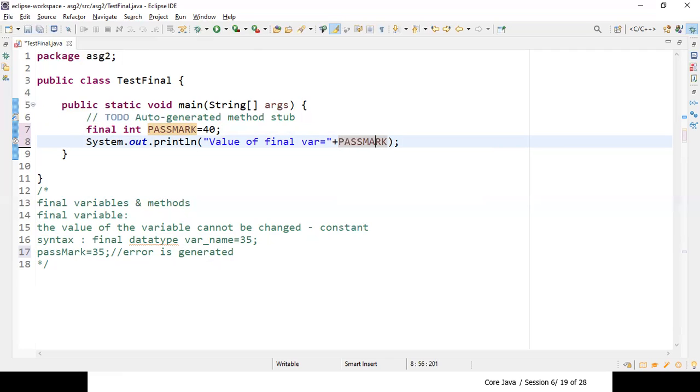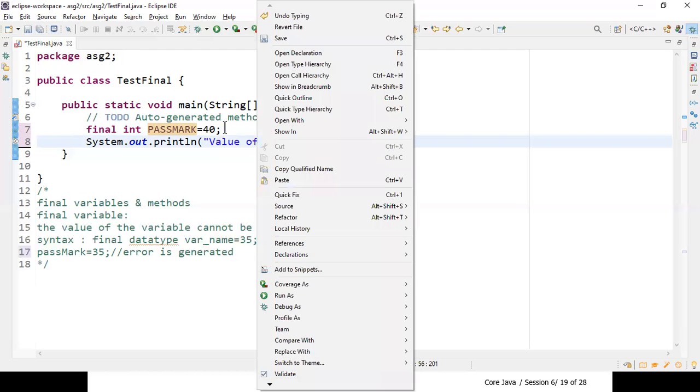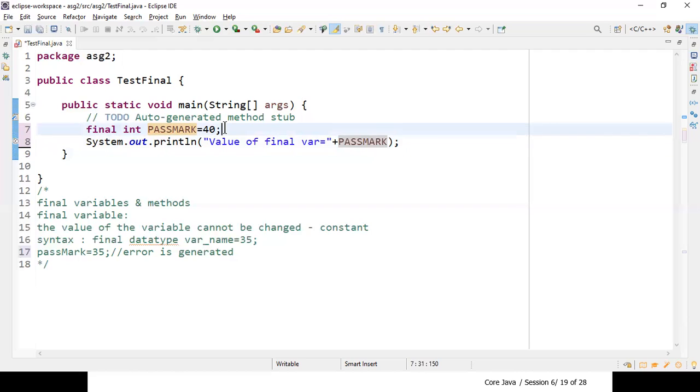Whenever I see capital letters, I'll understand, okay, this is something special, a special variable, or maybe a special constant. So you need to pay attention to it. I use capital letters for the name so that I understand that it is a special kind of variable, a constant value whose value cannot be changed.